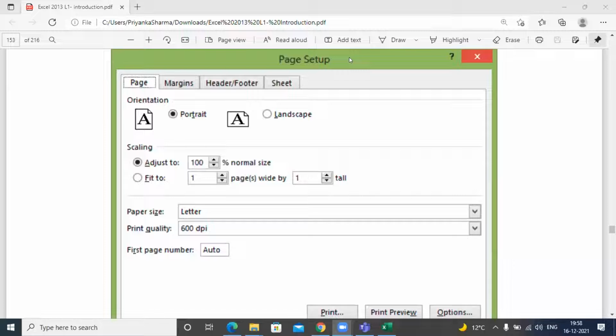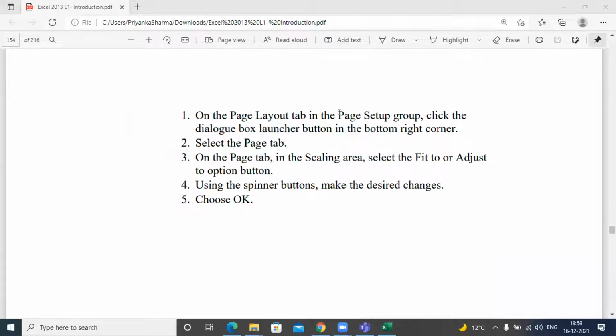All right. So when you talk about an Excel page setup dialog box, you can specify the number of pages you want for the worksheet to print. So see this option in front of you, adjust to 100% normal size, fit to one page. So if you want to fit the document onto a desired number of pages, let me bring in front of you some steps that you can do. Let's all do these 4-5 steps together. Please try, write down in the chat, and then let's take a short break.